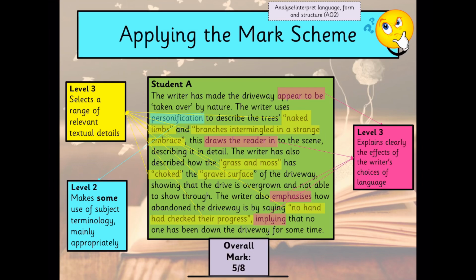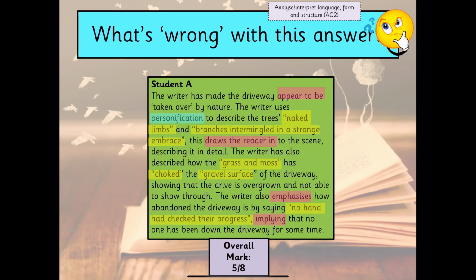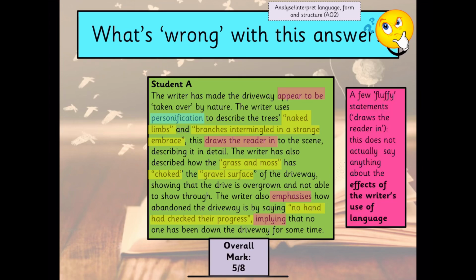So what is actually wrong with this answer? What could they have done to make it better? I will just say, it's not a terrible answer at all. It's actually fairly good, but we're being critical because we want to know how we can improve. So starting off with the comments on effect, some of the statements here are a little bit fluffy, a bit